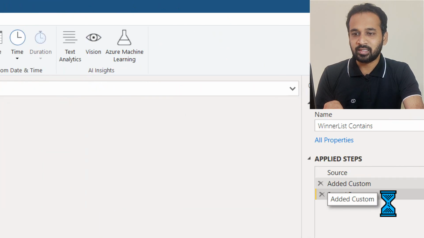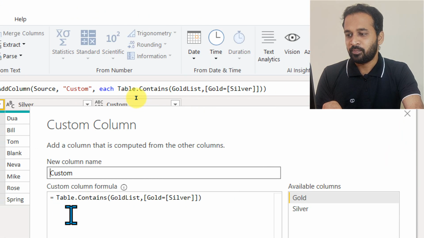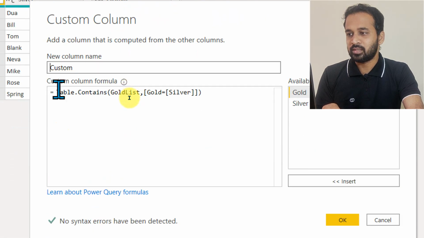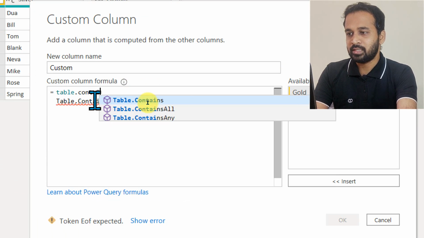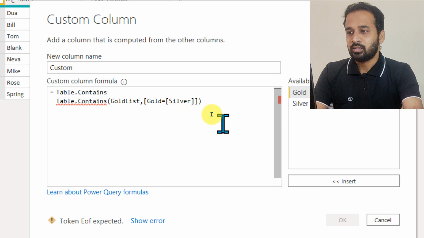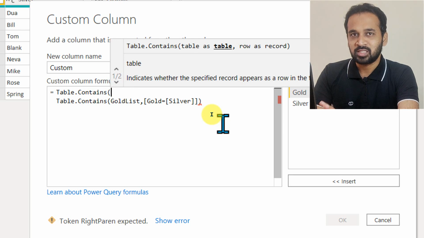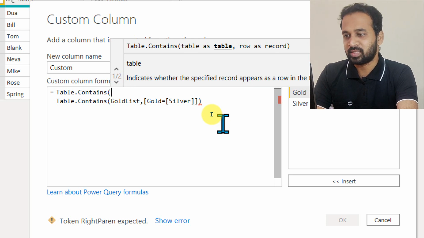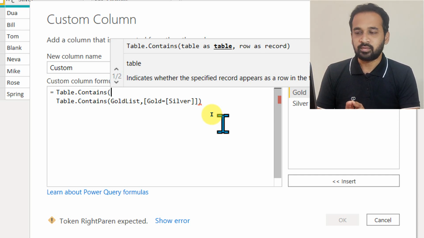If I do that, it gives me a pop-up window like this. Now what I need to do here is add a Table.Contains function. For information, Power Query is case sensitive, so you need to use the correct case. It is asking me for Table.Contains, table as table, row as record, right?